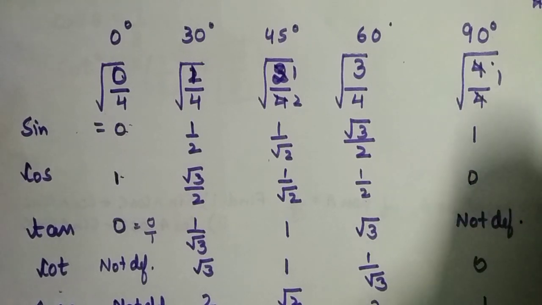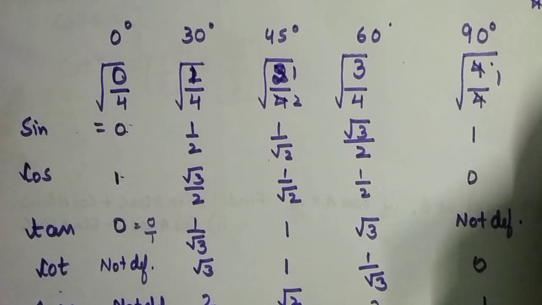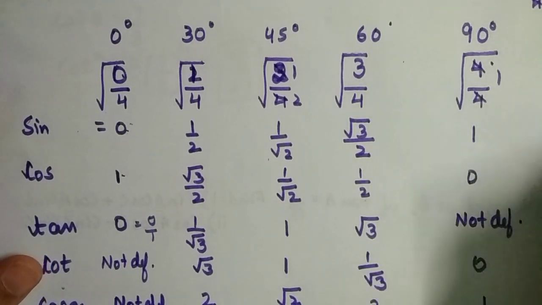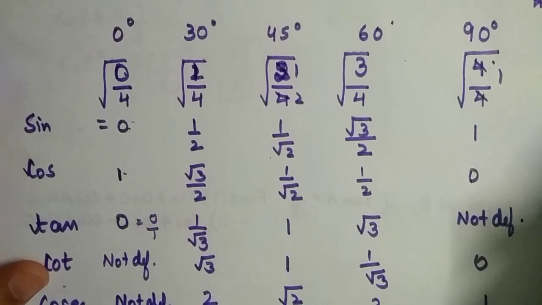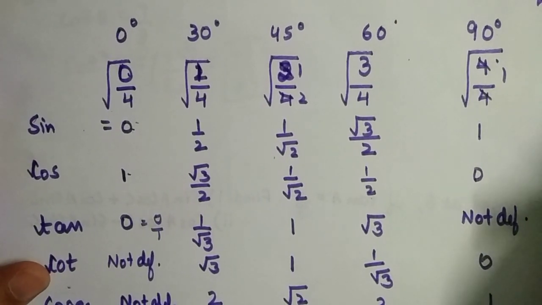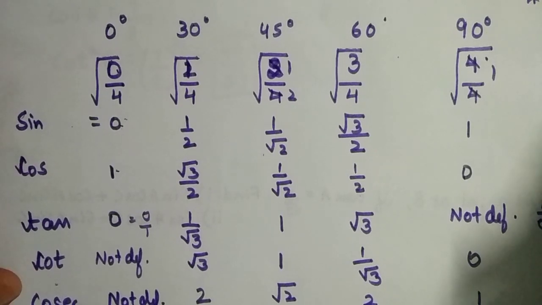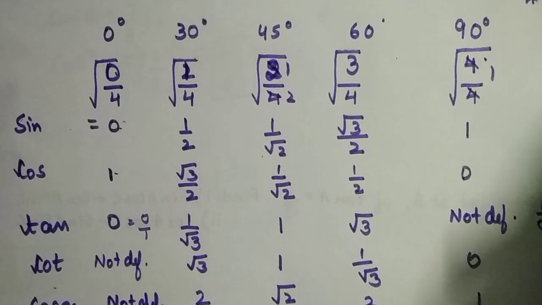So this is the method to make the table. Whenever you need to solve questions related to this type, first of all make this table with this method, and by and by you will learn the values that are used frequently, and then you don't even need to look at the table. But in the starting you need to learn to make the table so that it is easy for you to solve the questions. Now in the next video we will continue with exercise 8.2.